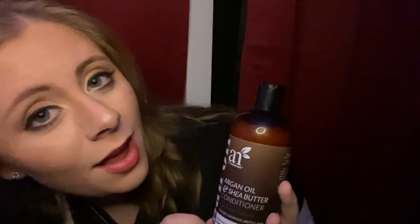Yeah. So I can put this aside for you. And for your hair, with the consistency and the texture, I recommend getting, you don't have to purchase this one if you don't want, but something similar. This one is argan oil and shea butter. This is a conditioner for dry, damaged, and brittle hair. So with your hair being as bleached and toned as it is, it's definitely dry and more prone to damage and breakage. So I would definitely recommend something that combats that. Your hair is not bad by any means, but I would get on something like this to prevent any issues. So this helps heal your hair